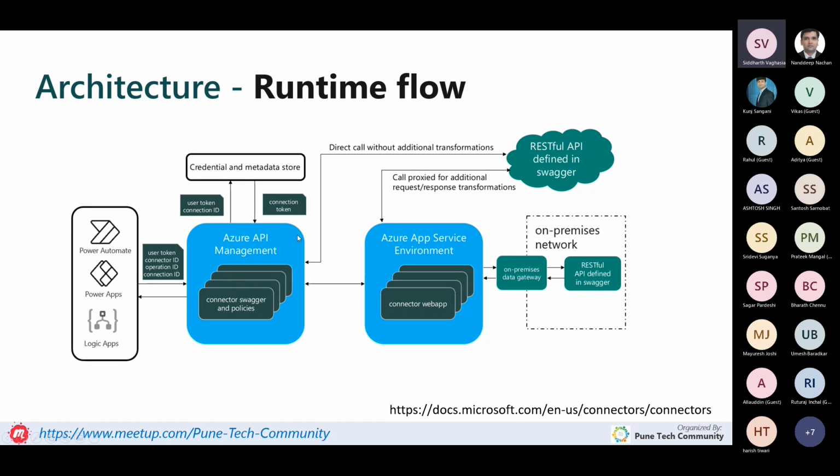And now to support all this, once we create a connector, what we would be giving is certain files as a part of our Swagger and policies, through which they would know that for this particular connector, these are the endpoint URLs, this is the request object, this is the response object, and everything, and they store it as a part of their credentials and metadata store. And whenever the call is made from Power Apps or Power Automate, it's made to a particular API which Microsoft has created itself, and then internally that is called to the actual API, through which the data would come,